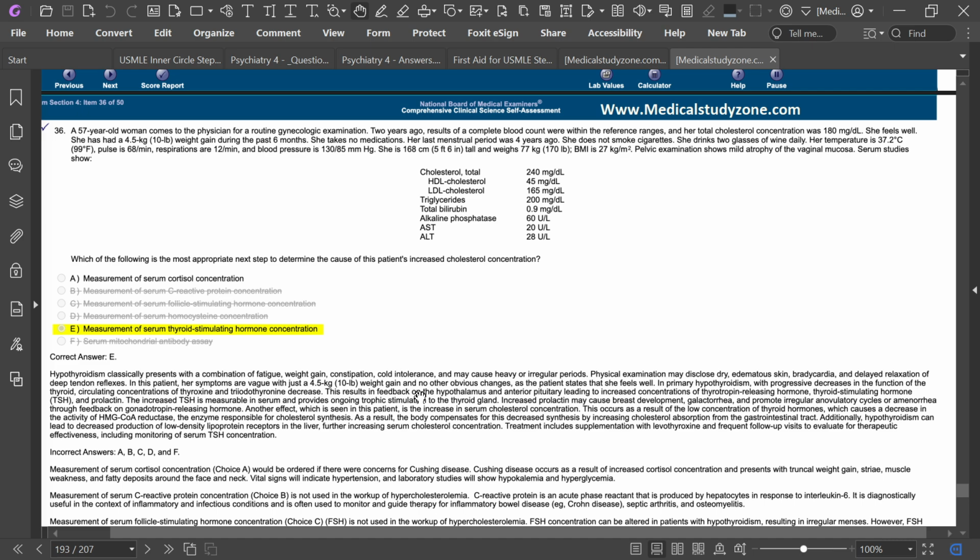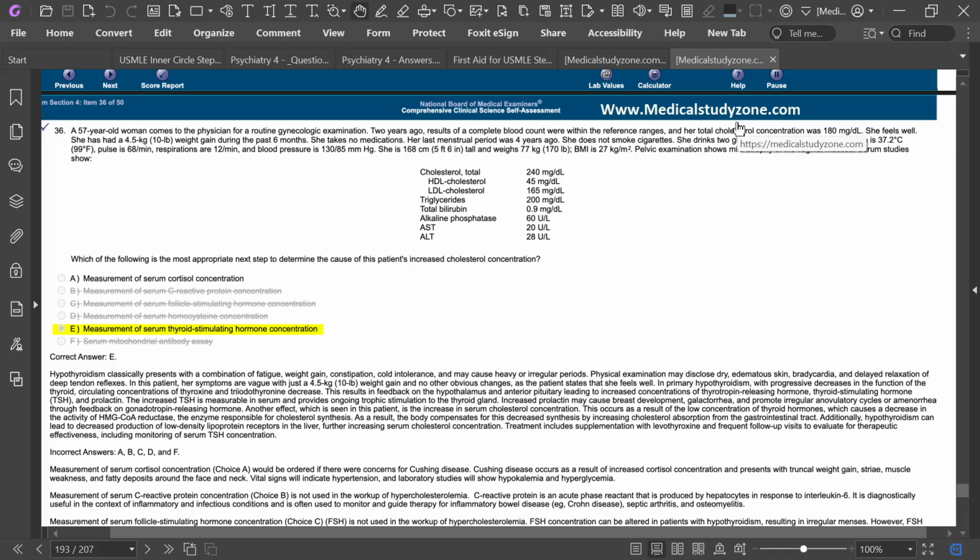In primary hypothyroidism with progressive decrease in the function of the thyroid, circulating concentrations of thyroxine and triiodothyronine decrease. This results in feedback on the hypothalamus and anterior pituitary, leading to increased concentration of the thyrotropin releasing hormone,